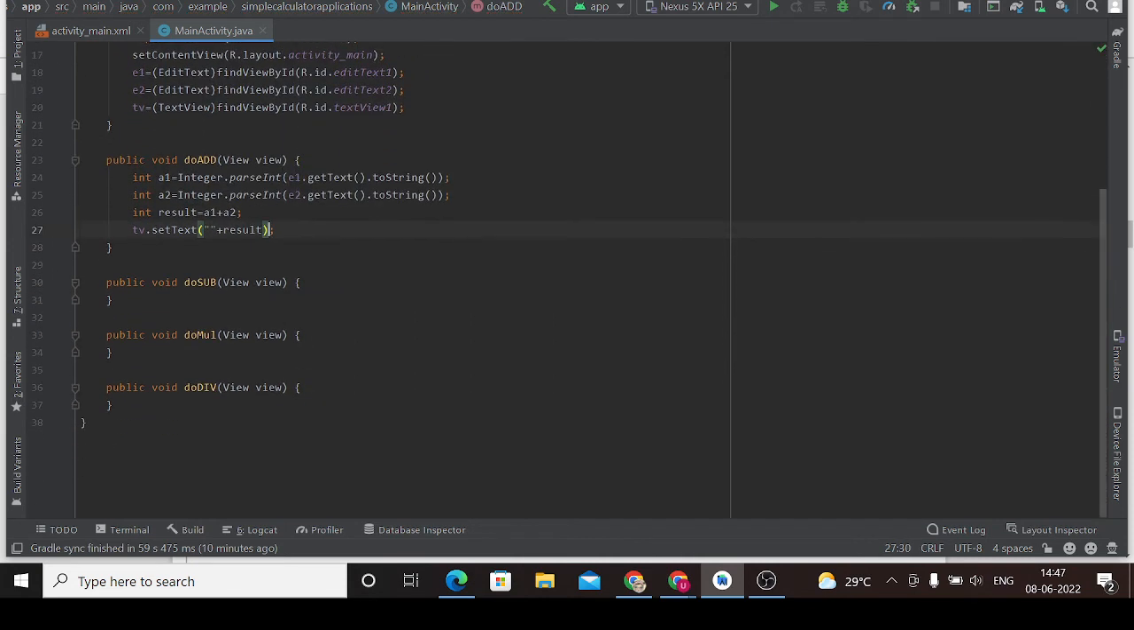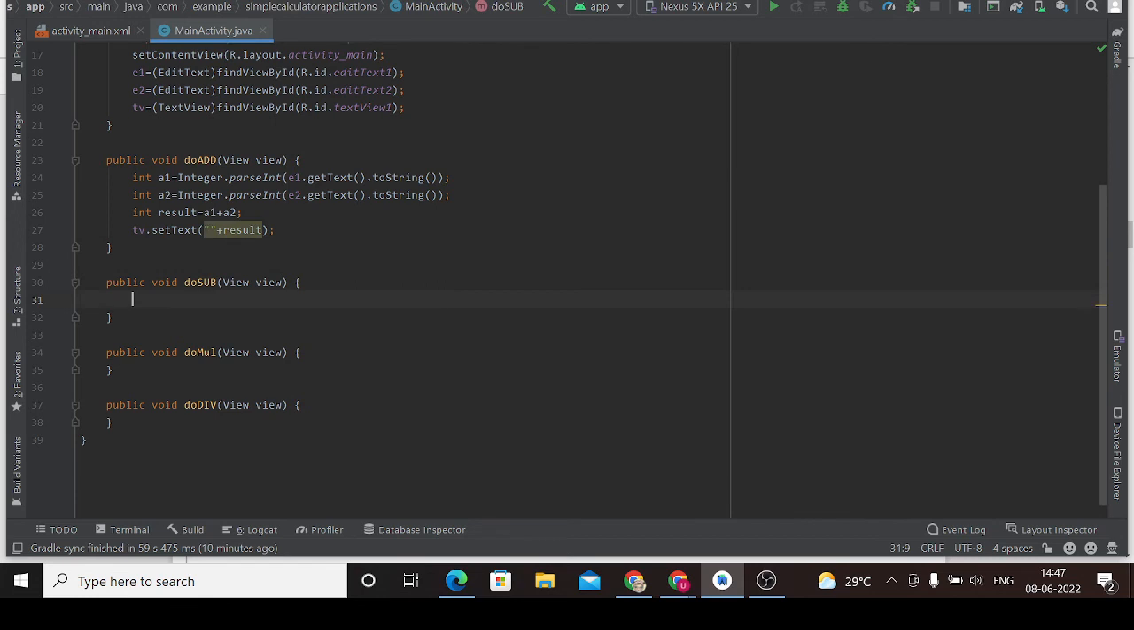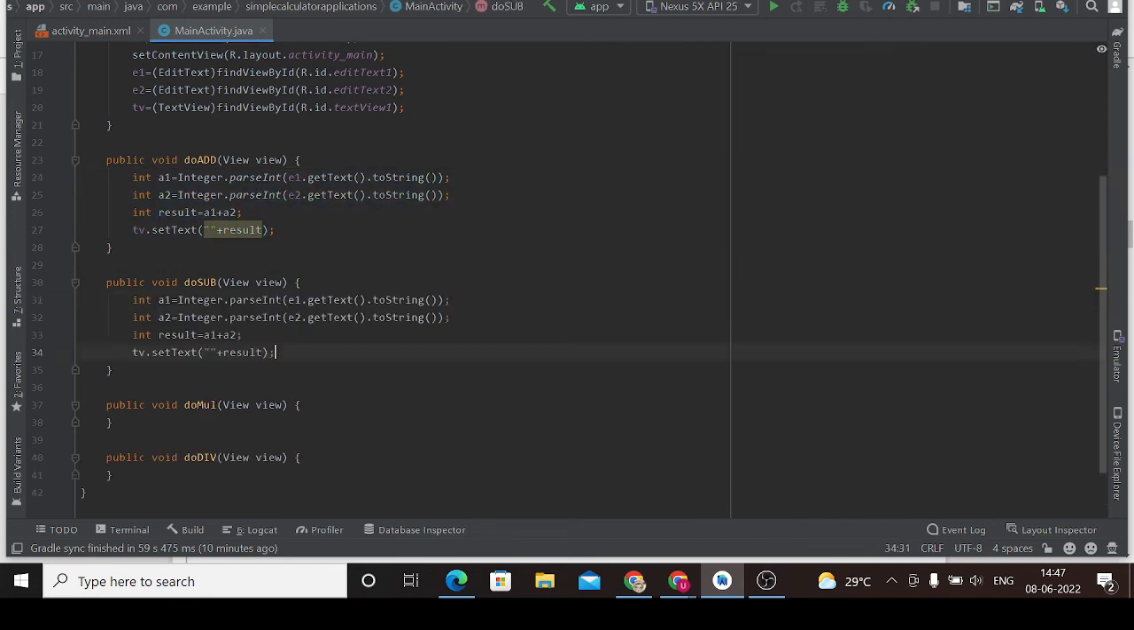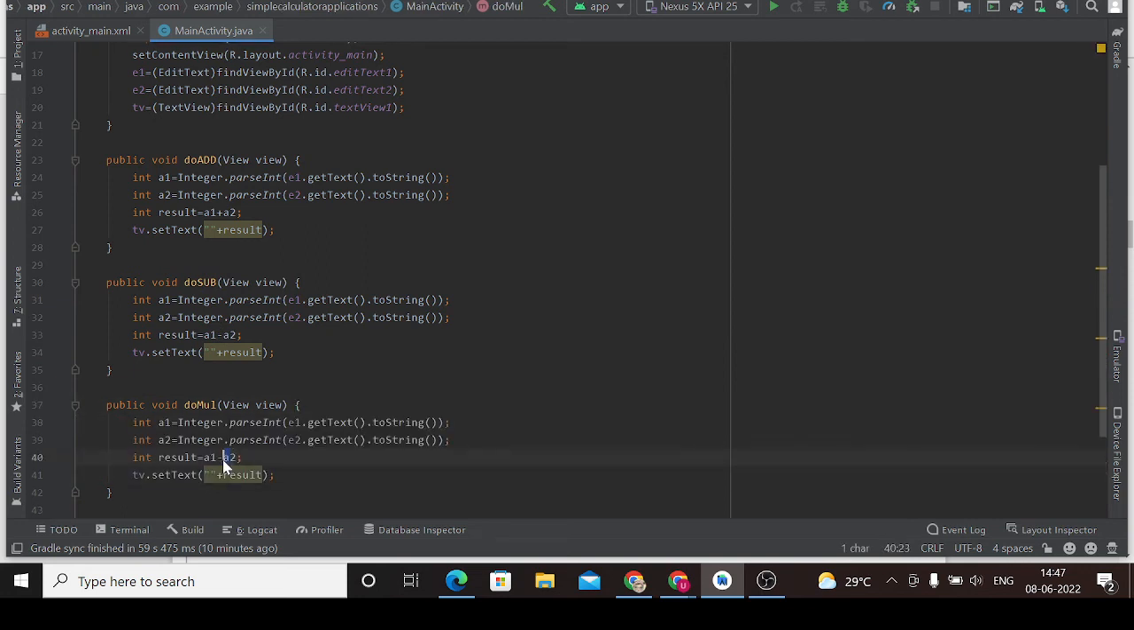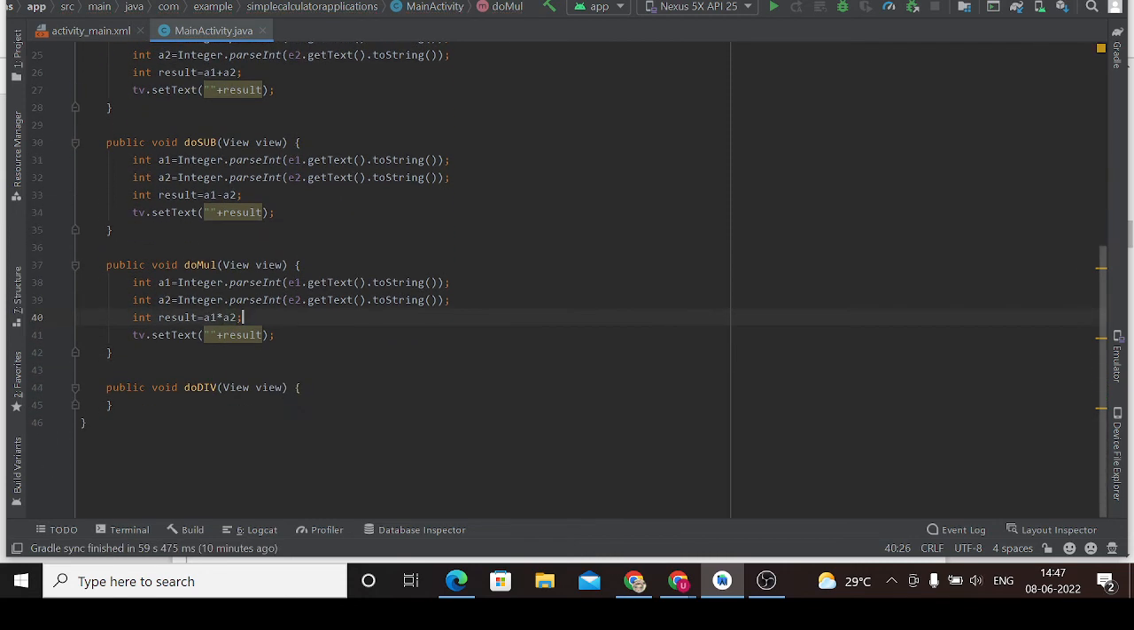In the similar way you will be doing for division as well. Just copy this entire thing and paste in division and give it as minus. In the same way for multiplication, copy this thing, go here and change the logic to multiplication. Multiplication is done. In the similar way for the division as well, only in the division you are going to change is